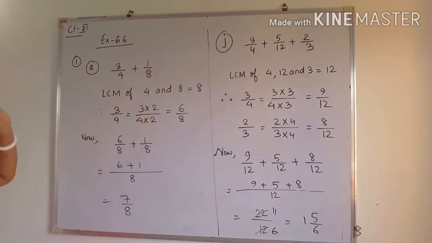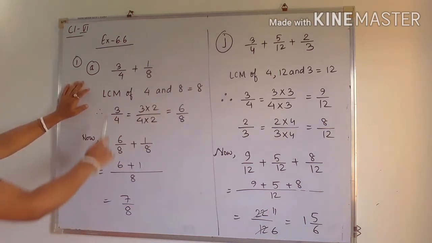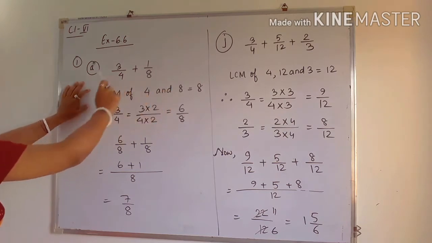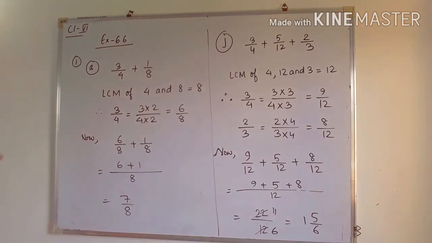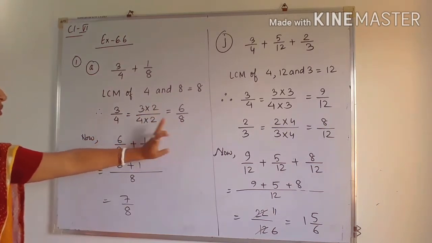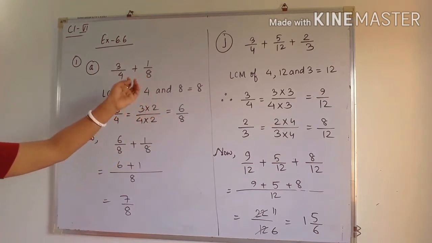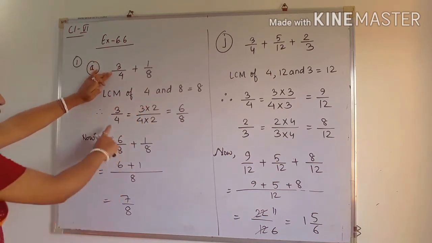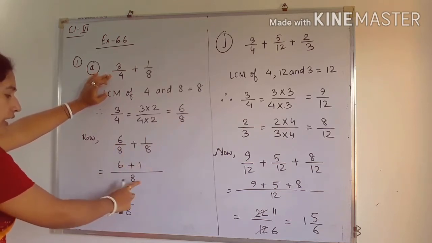8. Next we have to convert the denominator to the number we got as LCM. So here we have to convert the denominator to 8. This one already has denominator 8. So 4 is there, what will we do? We multiply the numerator and denominator by 2, so that the denominator becomes 8. 3 2s are 6, 4 2s are 8. No need to write 1 by 8, because the denominator is already 8. So directly we can write, in place of 3 by 4, 6 by 8 plus 1 by 8.